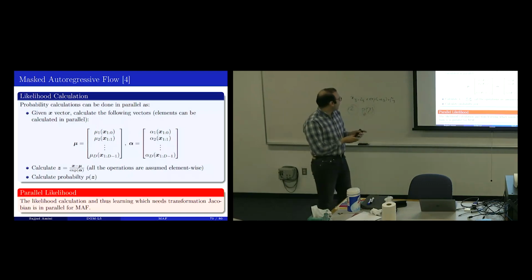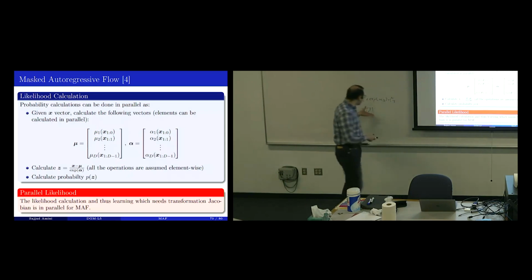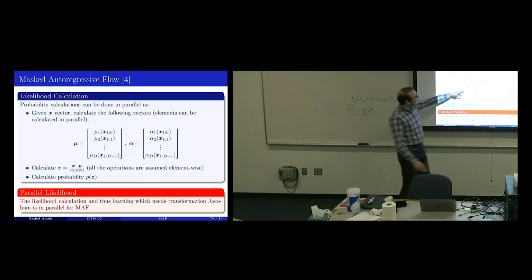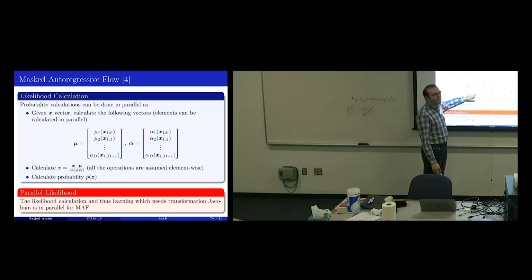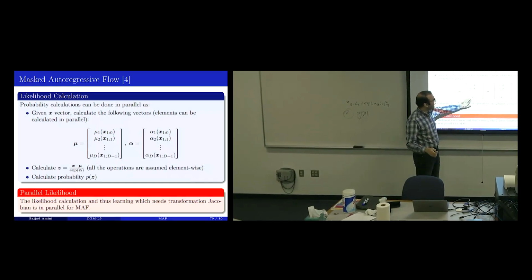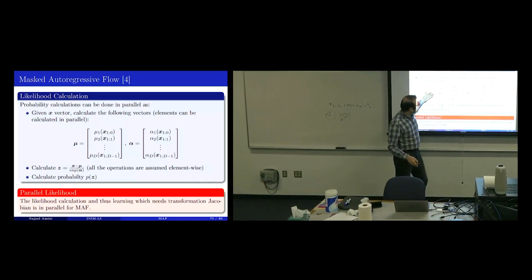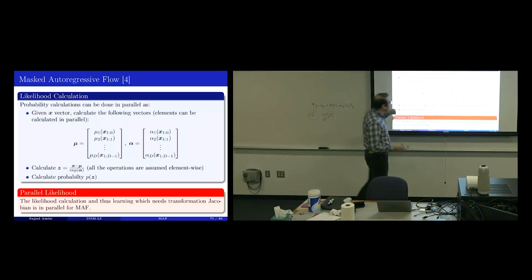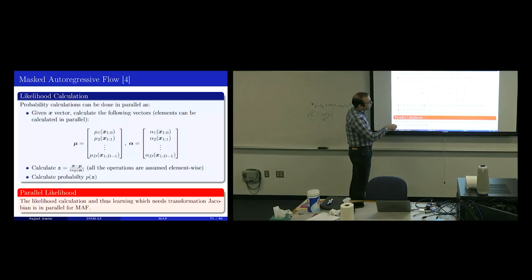Because you have access to the complete x at once, you can easily calculate mu1, mu2, up to mu_d. Because mu1 is a function of nothing, mu2 is a function of x1, mu3 is a function of x1 and x2, until the end. So I can calculate each element of both of these two vectors in parallel,